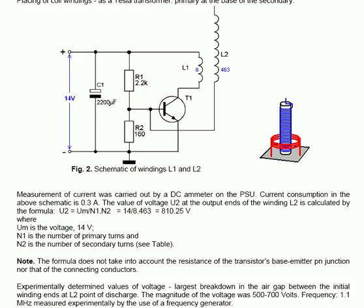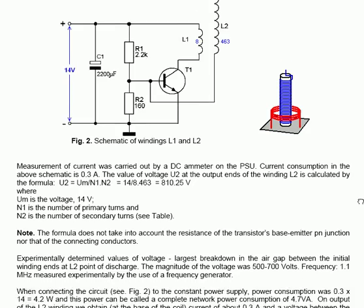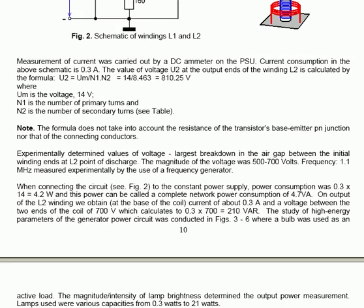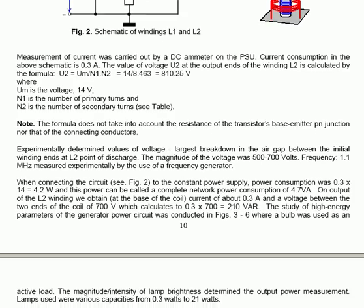They used bulbs as the assessment of output. In all these figures 3, 4, 5 and 6, a bulb was used, and they used the brightness of the lamp to give you an indication of the approximate output power. He used various different lamps from 0.3 watts to 21 watts. With this circuit in figure 3, 0.3 watts did not lead to lighting in the bulb, although 4.2 watts of energy was being pushed into the